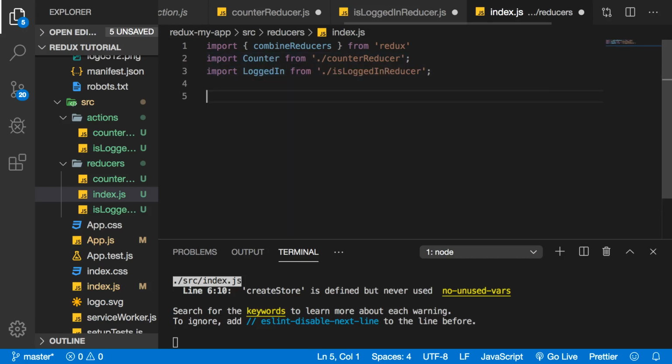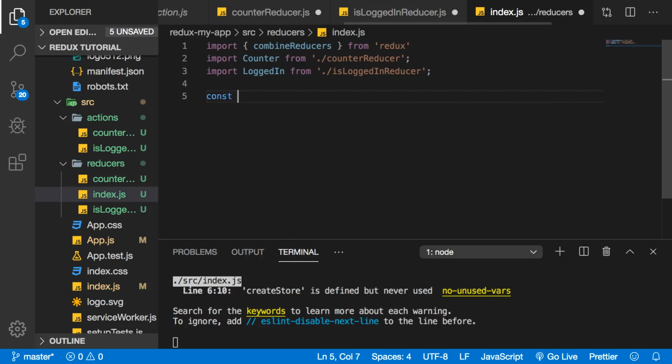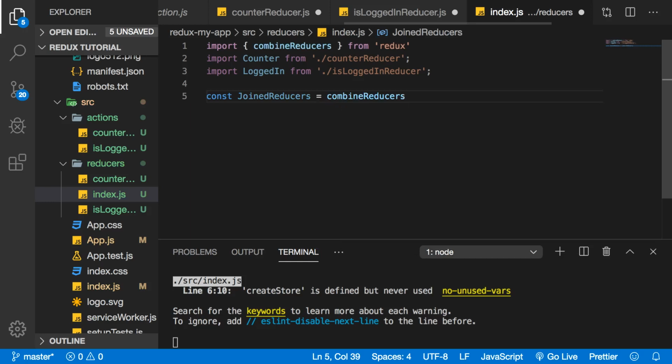To do that, we're just gonna create a const, and we're gonna name this whatever we like. So maybe allReducers, joinedReducers. So I'm gonna name this joinedReducers, like so, and we're gonna do an equal. And now we're gonna take the combineReducers function, and we're gonna add an object